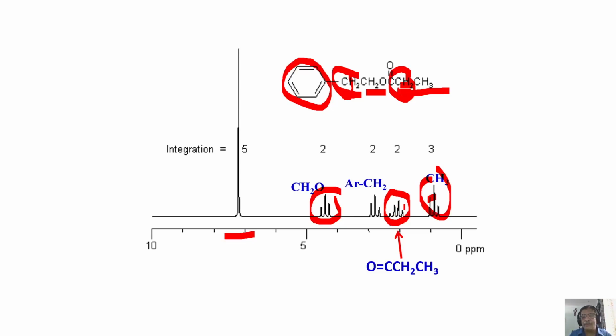That is another way. You understand? When you have confusion in assignment of the peak, like an example like this, both are CH2s. How do you know which is coming downfield, which is coming high field? Look at the coupling pattern and see which splitting pattern separation matches with this one, and that is CH2. This is the way you can start making analysis.